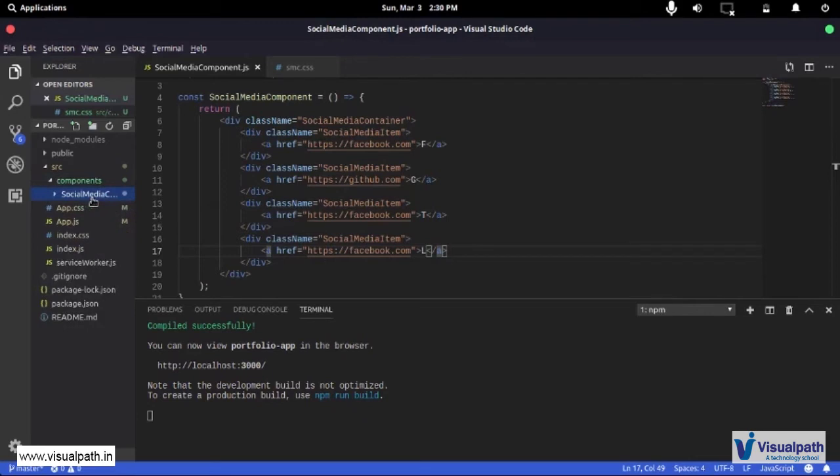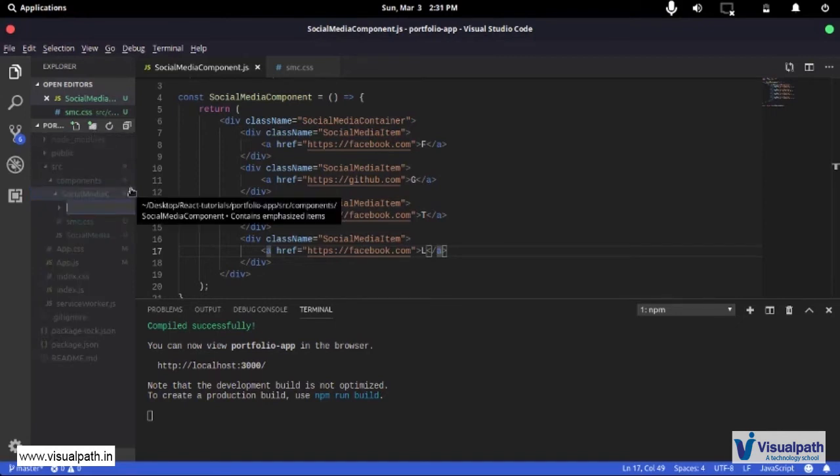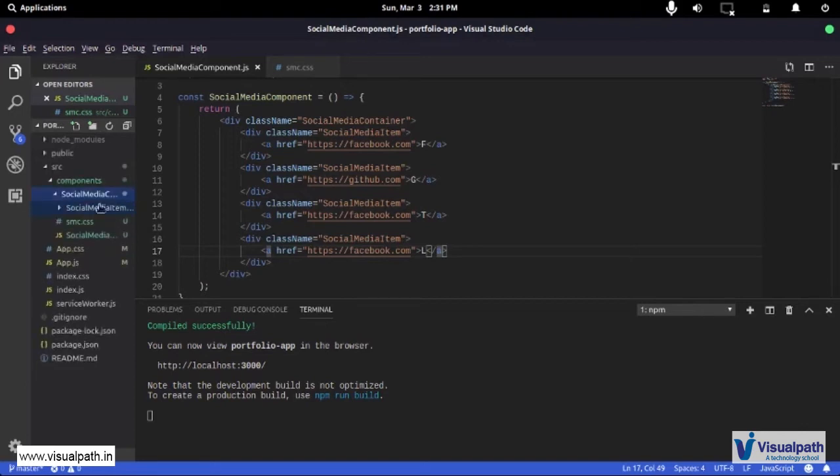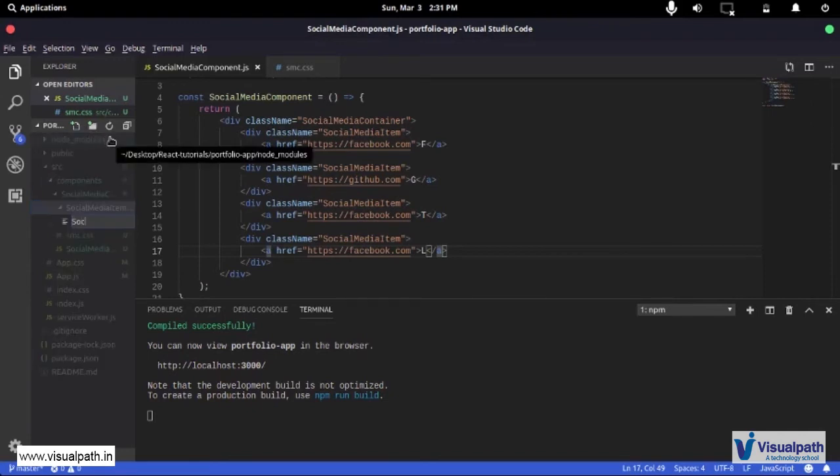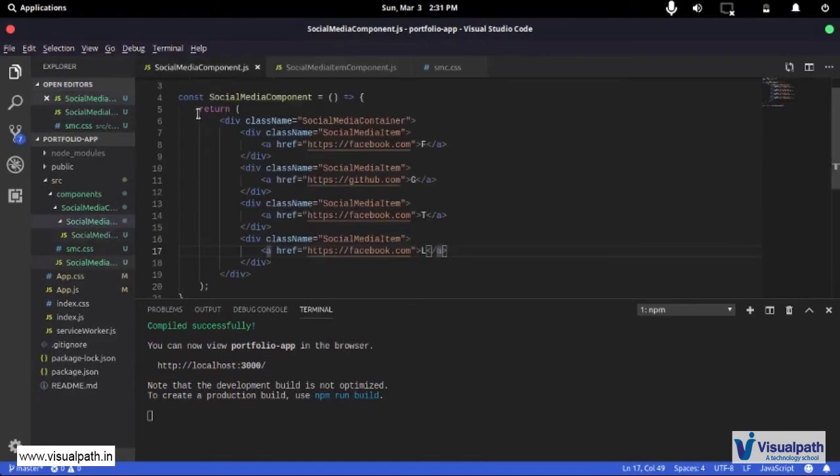So my personal preference is that you create another folder inside, and you call it social media item component, and inside that you create a file called social media item component.js. Now you just take this logic.